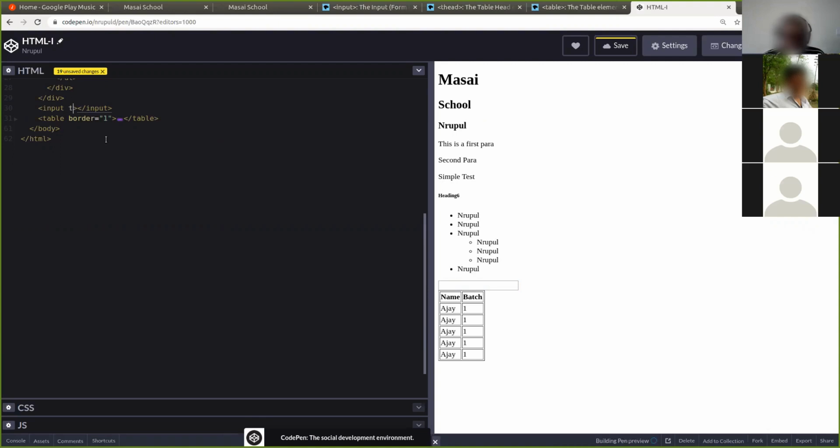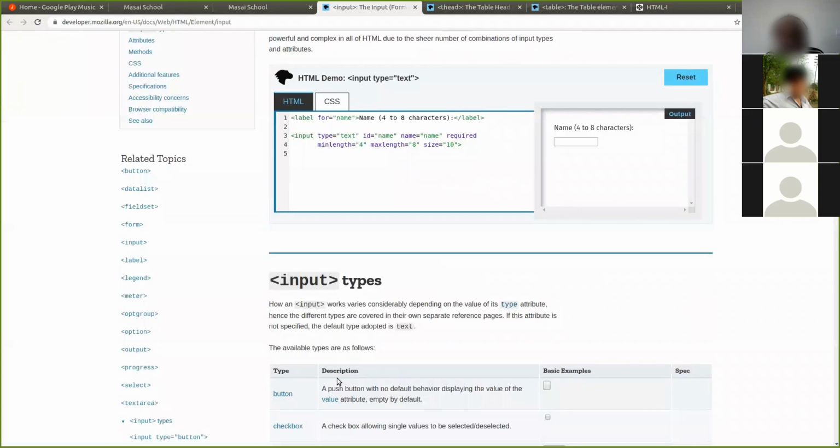We'll use type is equal to text. If you say type is equal to text, it can take text input. So let's say I can write anything here, any text related thing, like a name. You can see you can take any text input using an input tag. So this is the basic thing, but we'll look at more.